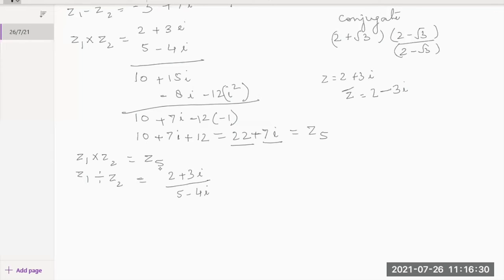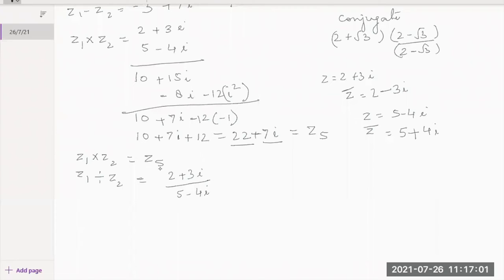Another example, take this second one. If I had Z as 5 minus 4i. Now again see, Z conjugate or Z bar. Two groups are what? 5 and 4i. So I write that. And the middle one, the operation is now minus. So minus changes to plus over here. So conjugate of the number 5 minus 4i will be 5 plus 4i.